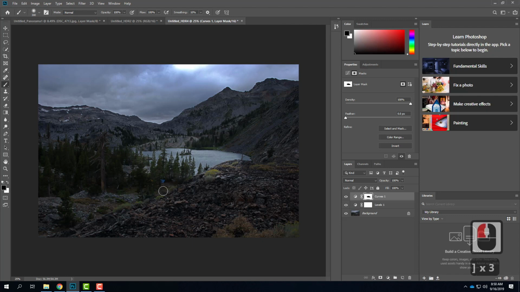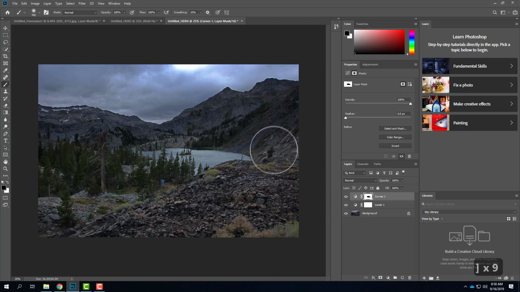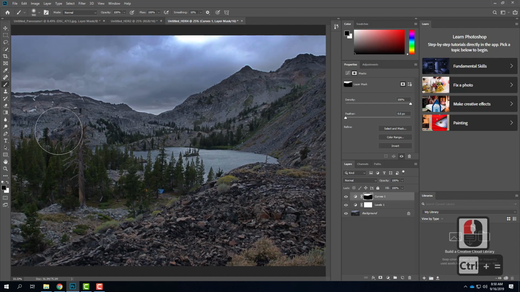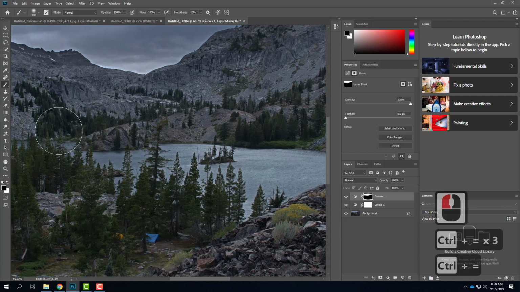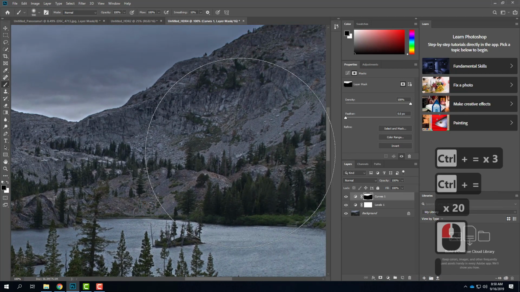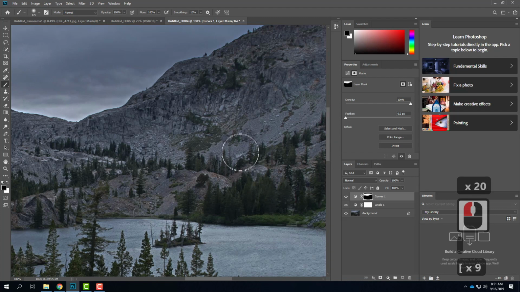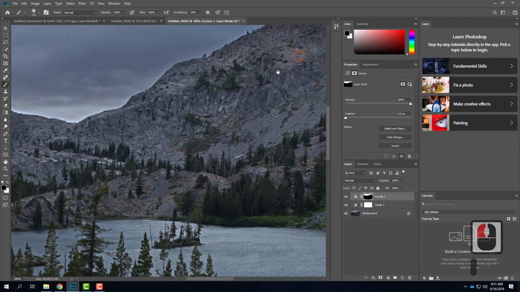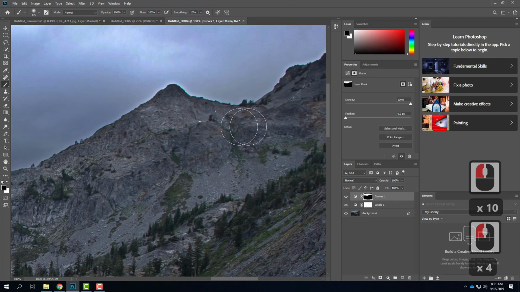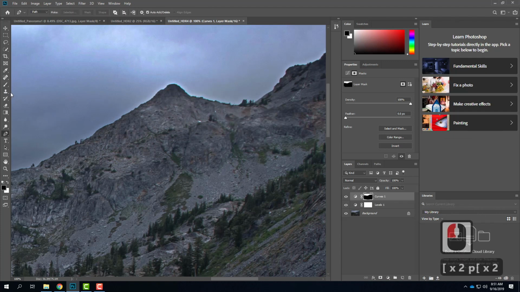Do you guys see how that starts to change? So I can make the brush bigger. I'll use the bracket key to make this a little bit bigger, and I'll go ahead and paint in this lower part of the image. Now, when it comes to getting up here toward the top, I'll have to spend a little bit more time, and I'll probably need a smaller brush, and I'll have to work my way right along that edge there. Like that. I might even need a smaller brush. Oops. Sorry, I hit the wrong key